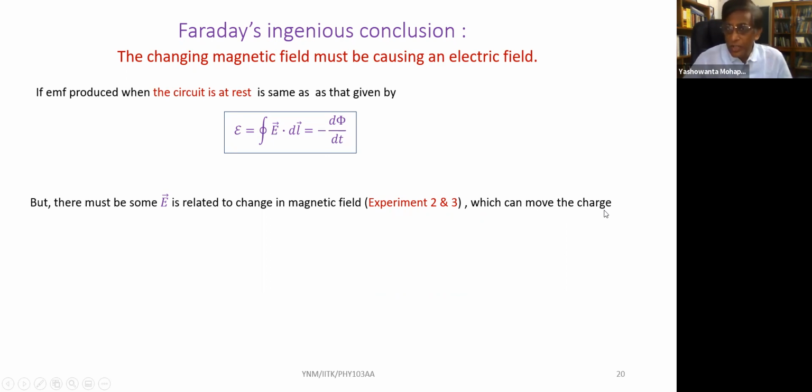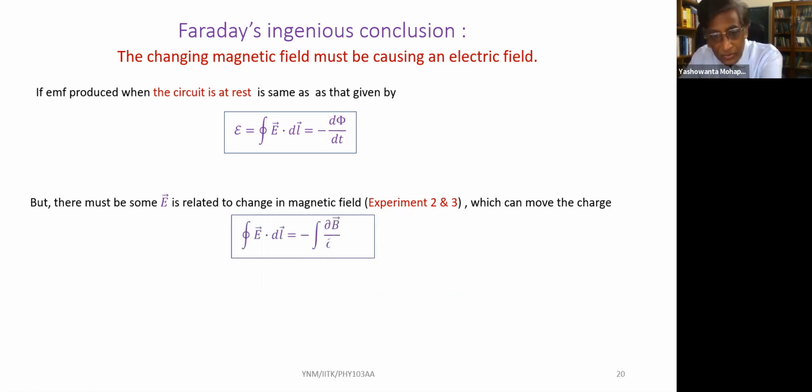And what can move the charge? Only an electric field can move the charge. And hence his conclusion that there must be an electric field associated with a changing magnetic field. So we can write down that the integral of E dot dl, that is the EMF, again